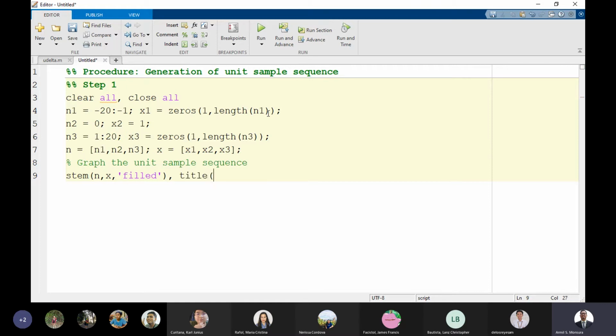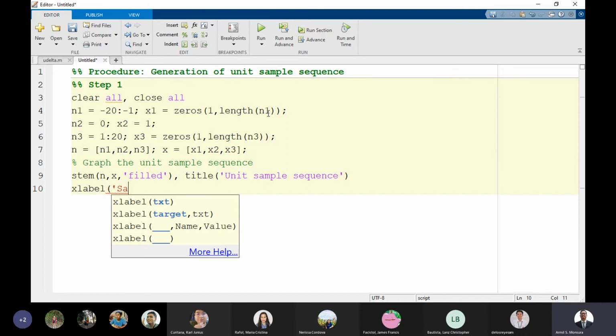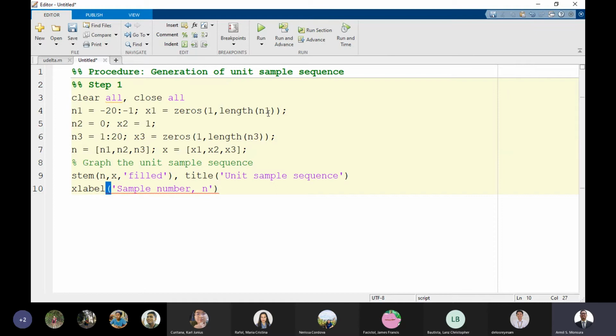Title, unit sample sequence, then xlabel, sample number, that's n, y label, signal value. Yung y label ng signal value x, wala to sa manual nyo. Dinagdag ko lang. Grid on,